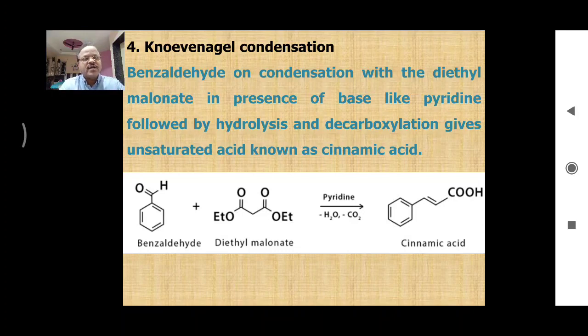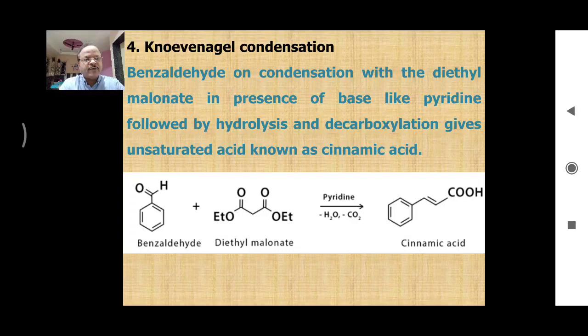So in short, or in other words, we can say that Knoevenagel condensation is the condensation of a carbonyl compound, that is in this case benzaldehyde, with an active hydrogen compound. Diethyl malonate is an active methylene compound, or it contains acidic hydrogens. So when such diethyl malonate condenses with benzaldehyde in presence of base,